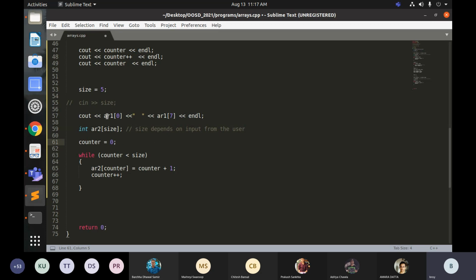Counter equals to 0, and I'll make this array 3. Let's make it float. So floating point array 3, and 3 is okay. So let's say